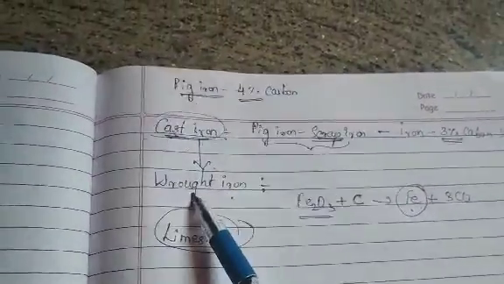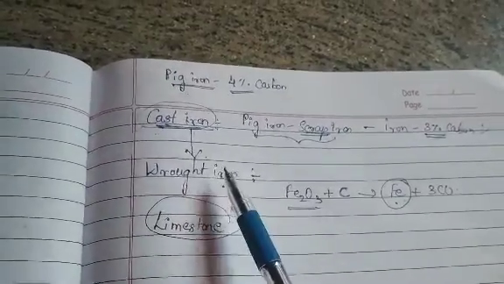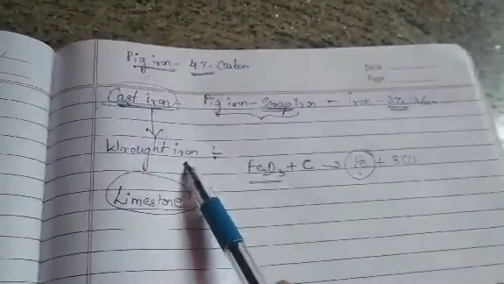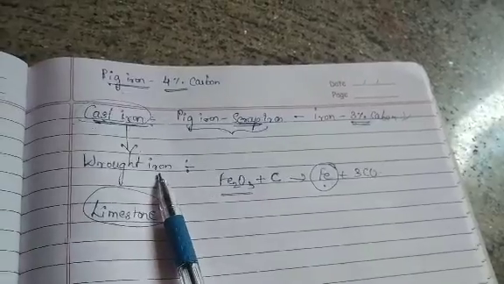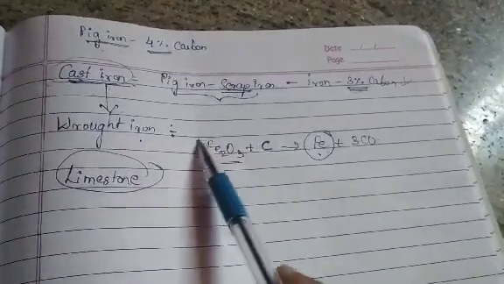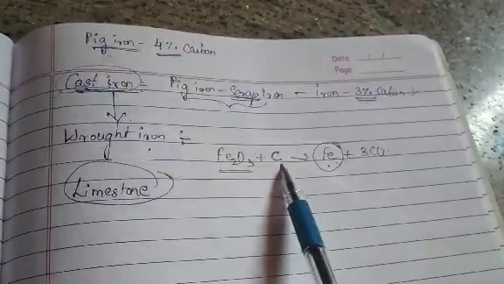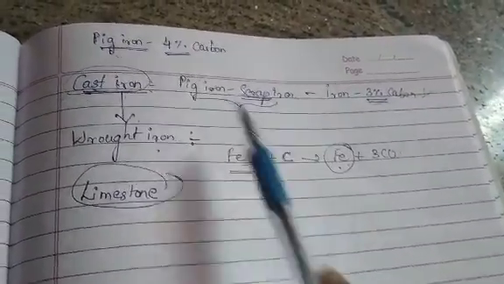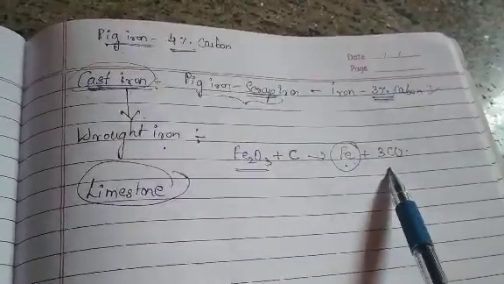On top of it, we have wrought iron, which is the purest commercially used iron, obtained by oxidizing the impurities in a reverberatory furnace lined with hematite. So this hematite, whatever carbon content is there in your cast iron, oxidizes it down as carbon